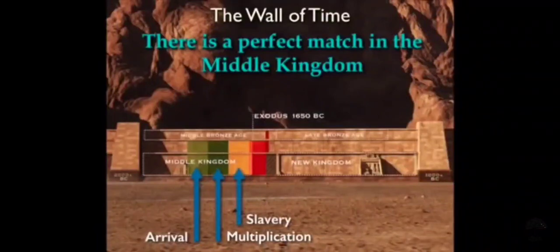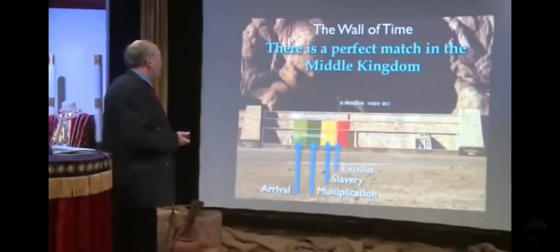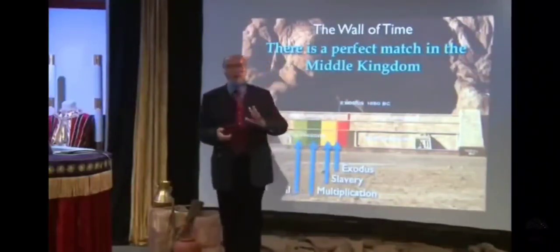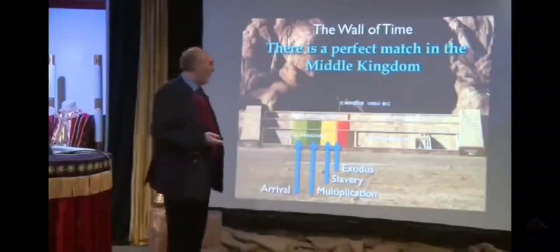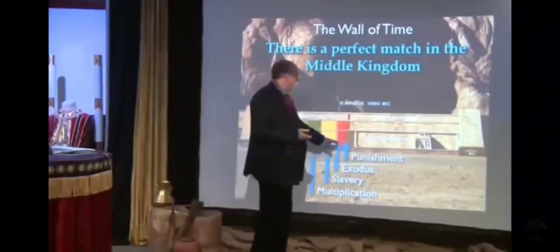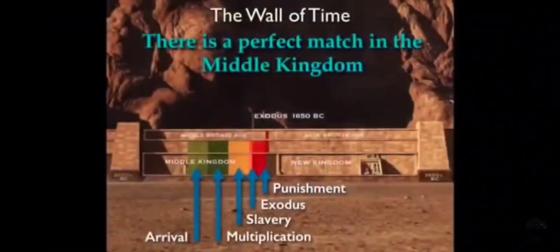Suddenly a slavery comes along. A change of dynasty happens where you get this sub-dynasty of major strong pharaohs who are native Egyptians who decide to enslave the population. We see it in the bones of the burials. We see it in the children, the infants that are buried, the massive increase in the burial of infants. And then we see the death pits at Avaris. And suddenly the whole population of Semites leaves the city and disappears. And then immediately following that, the Hyksos arrive, invade Egypt, and literally take over the place for 2 centuries,